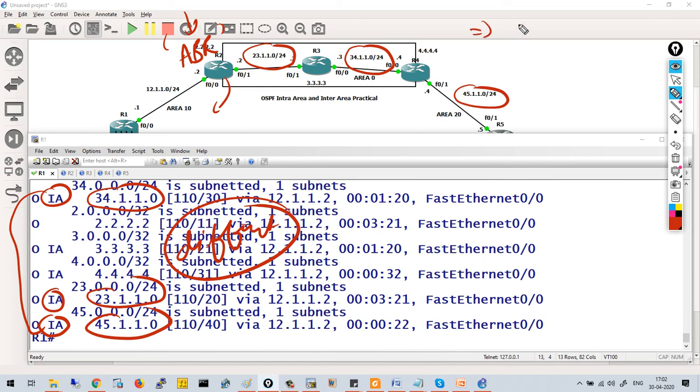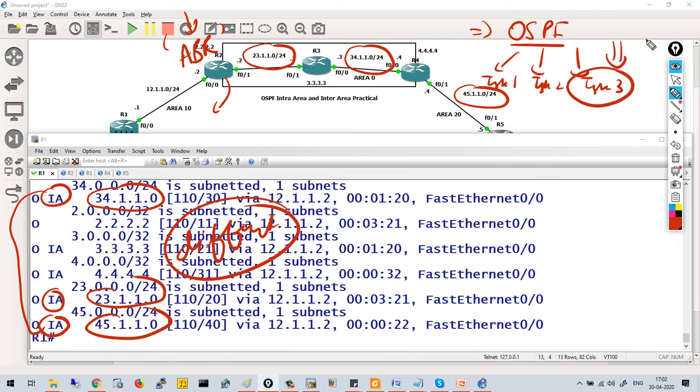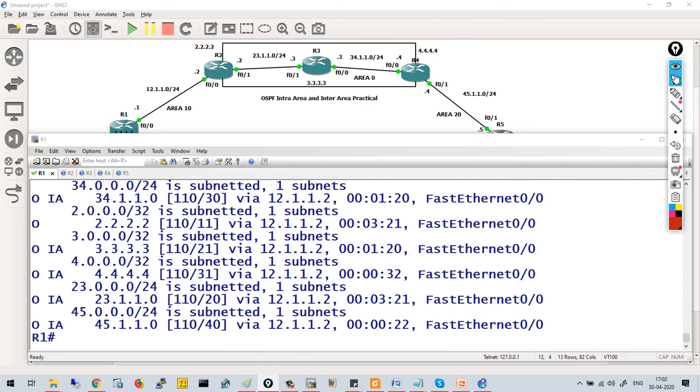So actually in case of OSPF, we have databases. We have type 1, type 2, type 3, different types of LSAs, and for inter-area communication we use type 3 LSAs. These are also called summary LSAs. If you remember, we discussed that OSPF is a link state routing protocol, but the link state nature of OSPF remains within a single area. If we talk about inter-area, OSPF is distance vector in nature.